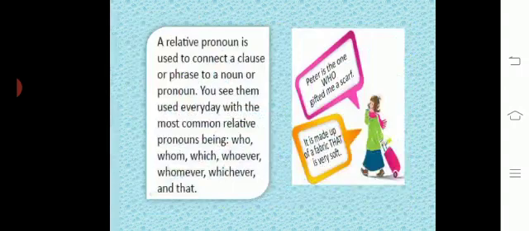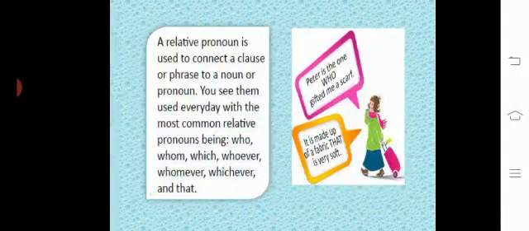A relative pronoun is used to connect a clause or a phrase to a noun or a pronoun. You see them used every day with the most common relative pronouns, which are who, whom, which, whoever, whomever, whichever,